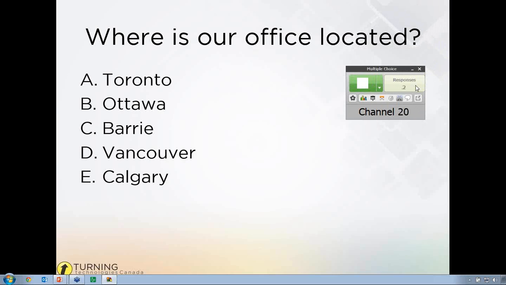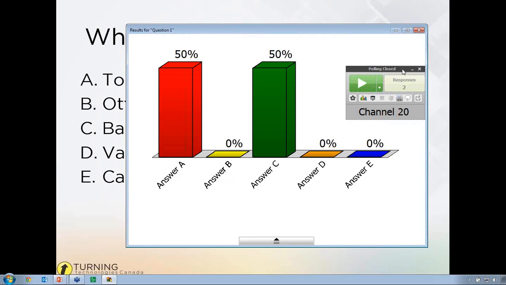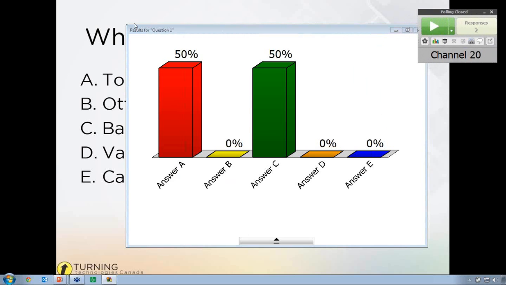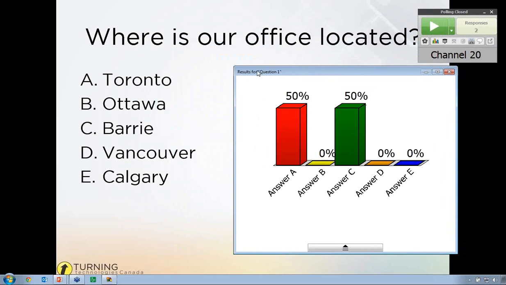We can also, with Anywhere Polling, do things like trigger countdown timers. So just like in PowerPoint, you can restrict the amount of time your participants have to answer the question. Once you're done and you hit the stop button, a chart's going to appear over top of your presentation. Now you can move that chart around and you can resize it. And essentially what's going to happen is whatever you resize your chart window to and whatever spot you place it on your screen, that's where it's going to appear every time you close an Anywhere poll during your presentation.